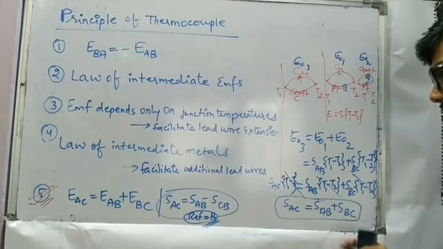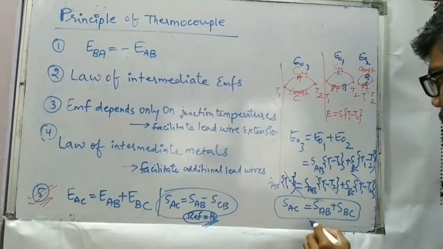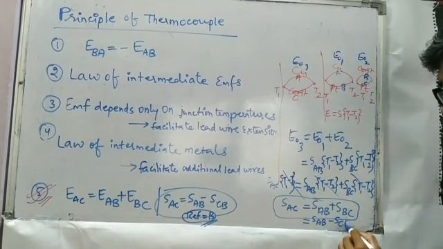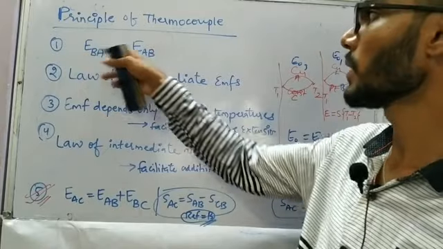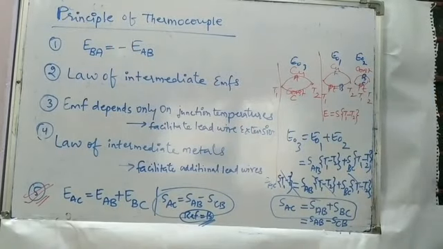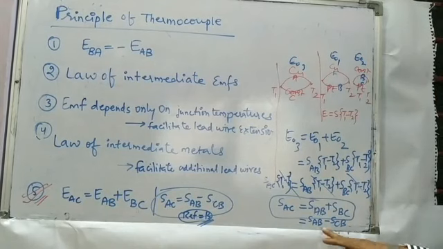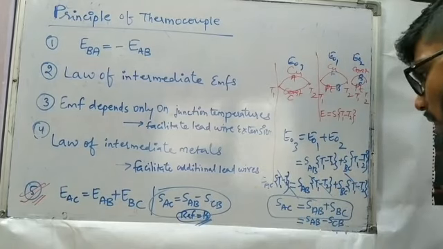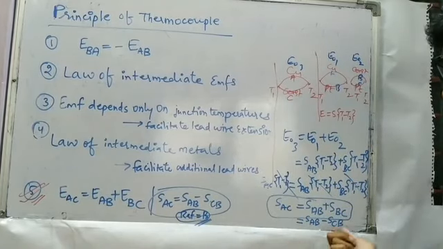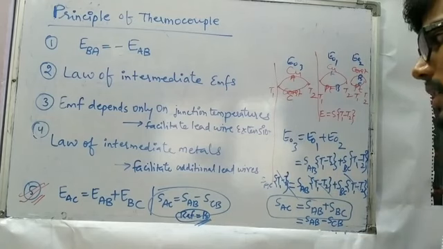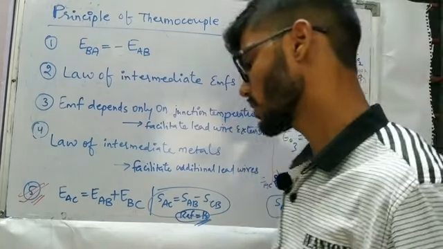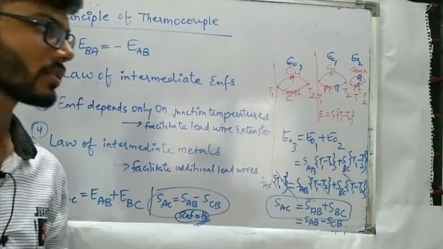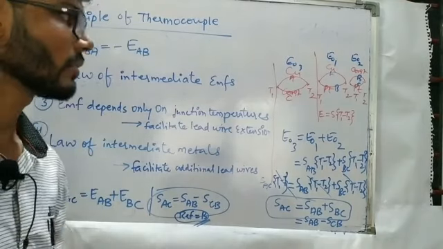So instead of using it like this, we will try to make the reference point B. So this we will take as AB only. Instead of BC, if we do CB, this will become negative, because E of BA is going to be the minus of E of AB. So what we are getting out of it is that we are making one particular metal B a reference point. So A is the positive lead, B is the negative lead, and in this case C is the positive lead and B is the negative lead. So we come with the formula: sensitivity of AC is equal to sensitivity of AB minus sensitivity of CB.